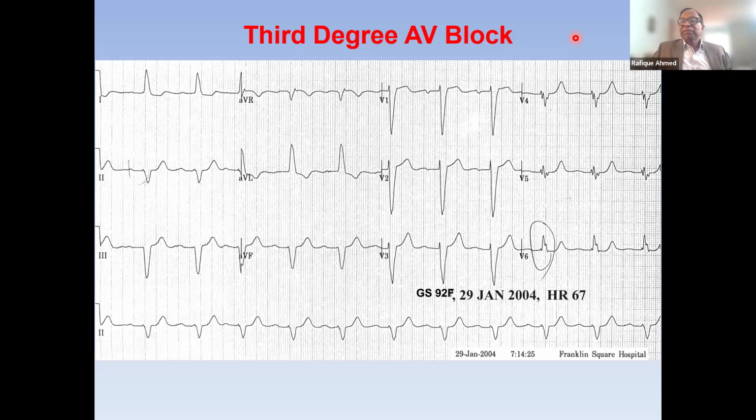Anything else? Sir, we have many patients whose resting ECG shows RBBB. The patient has a history of one or two episodes of syncope or pre-syncope. Other tests are normal, so echo, Holter, everything is normal. Should we do diagnostic EPS in these patients, sir?